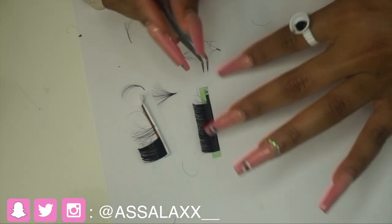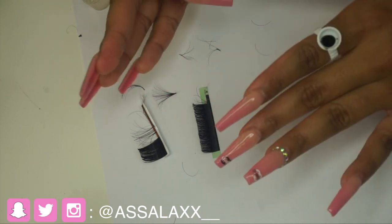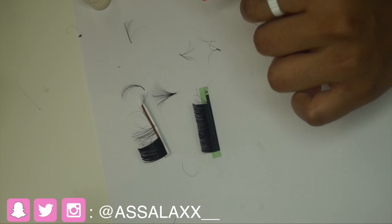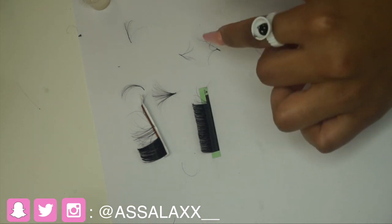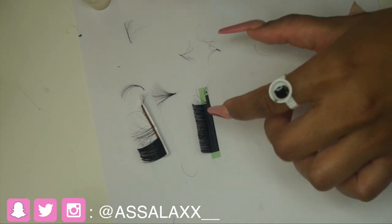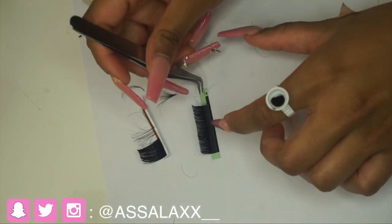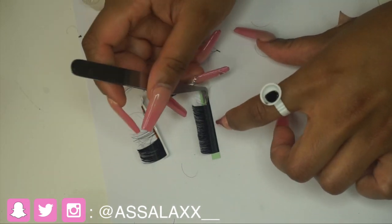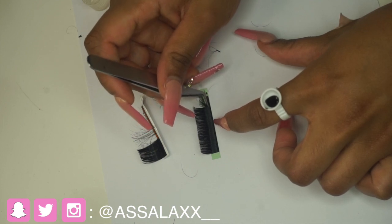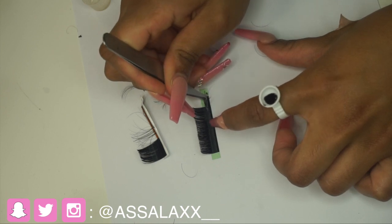But yes, I learned from my trainer that all this time, when you go and you do your lashes, I thought it was the wind or the fan that they give you that dries your lashes. No, the key to drying your lash fast is water. These lash glues dry fast when they're moist. And it's weird, yes I know, because your lash tech will tell you do not wet your lash for at least 24 hours, blah blah blah. However, the lash glue actually dries faster